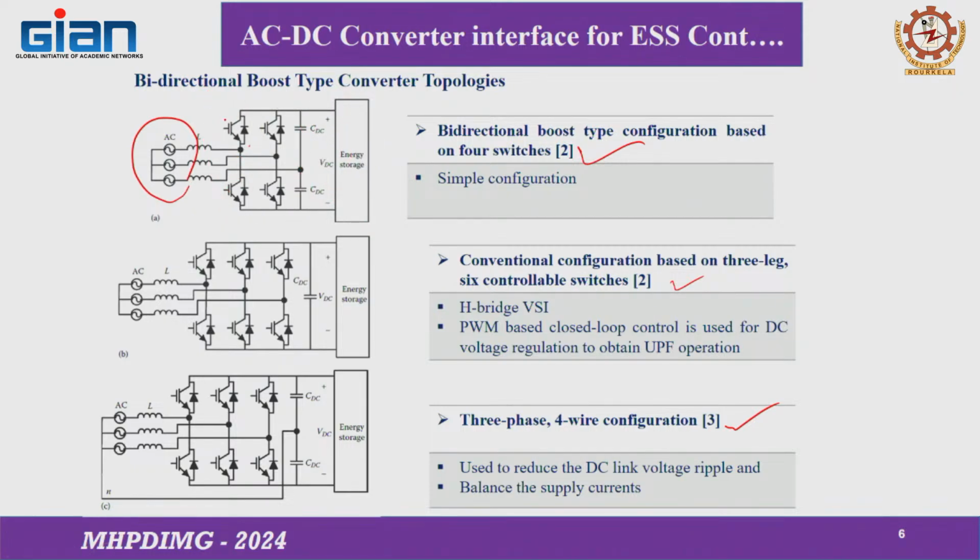So, we have 2 legs here and a 3-wire system, and this is the topology with a 3-leg 3-wire system. This is the boost type, bidirectional boost type, and a 3-leg 4-wire system. So, these are the topologies used for the AC to DC